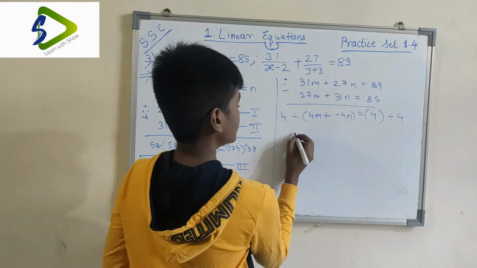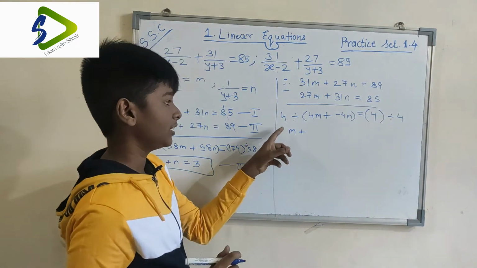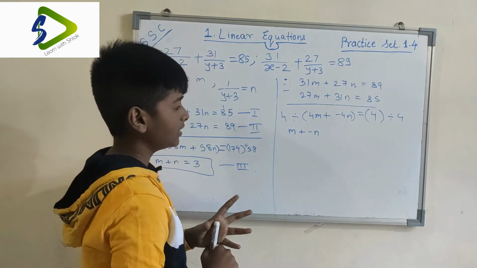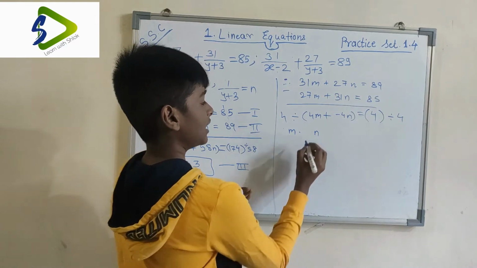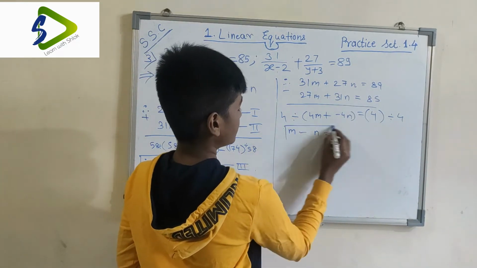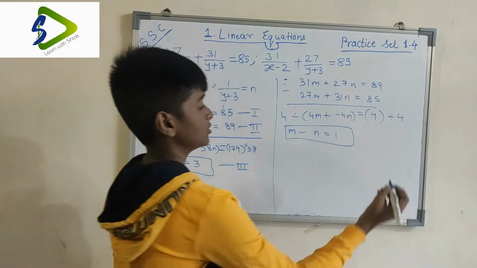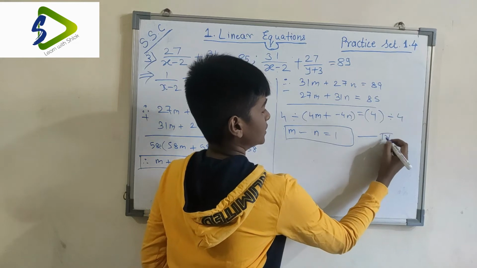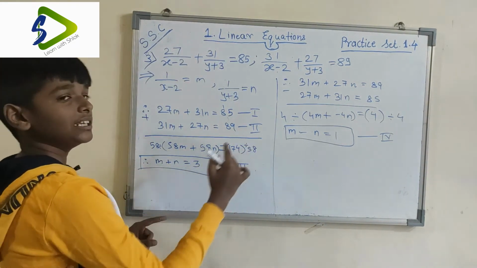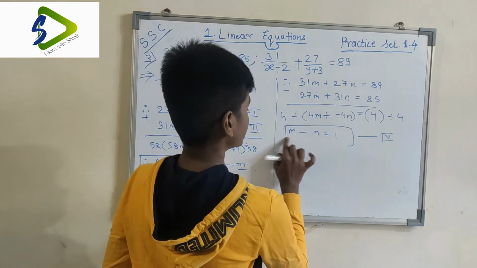We get 4 ones are 4, so m plus, again if you do this, you get minus n, okay, m plus minus n, or you can also write it as just m minus n is equal to 4 ones are 4, so our equation becomes m minus n is equal to 1 and m plus n is equal to 3. So let's write this as the fourth equation. And now what we do, we can add these equations, because plus n and minus n when added we get 0n. So therefore let's add these equations.